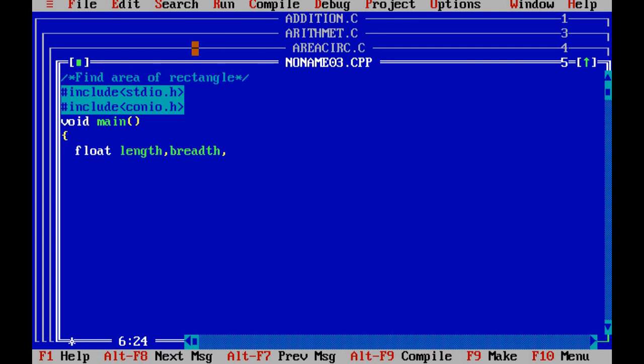Sometimes it will be available as an integer also and sometimes as a fraction, but mostly the areas are calculated in fractional numbers, so that's why I am giving the variables as fractional.